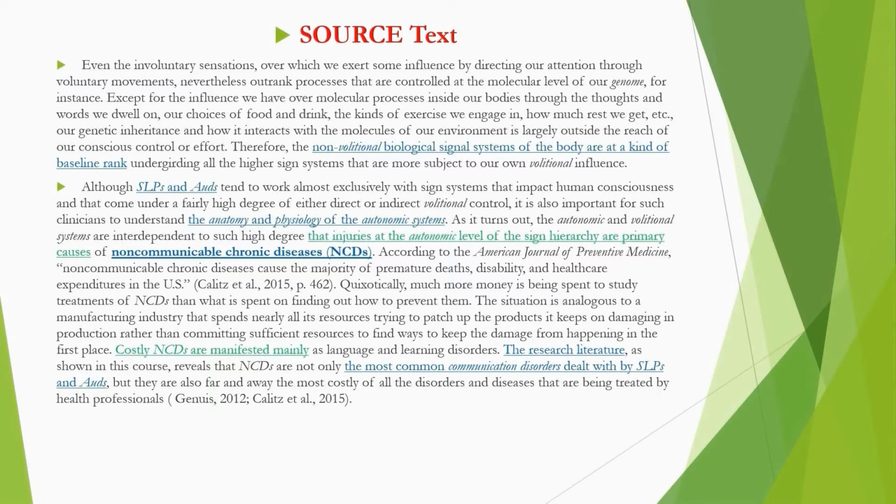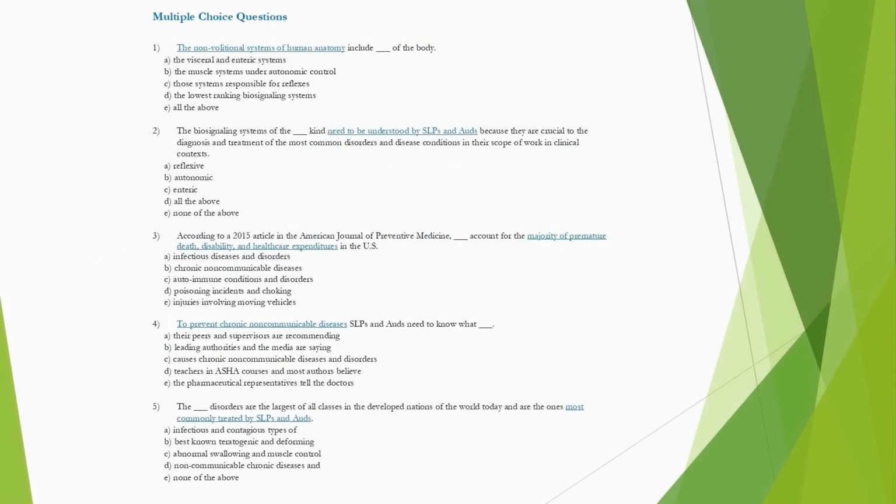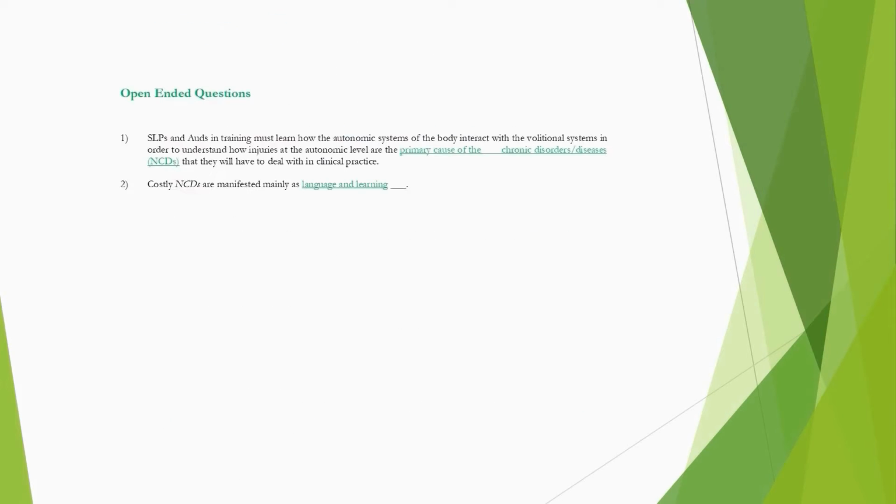Here you see the source text, multiple choice in blue, 1, 2, 3, 4, 5 of them, and 2 questions in green that are open-ended questions. We always find that open-ended questions take longer to score, so I ask fewer of them than I ask of the multiple choice type. Here are the 5 multiple choice questions, and here are the 2 open-ended questions for the